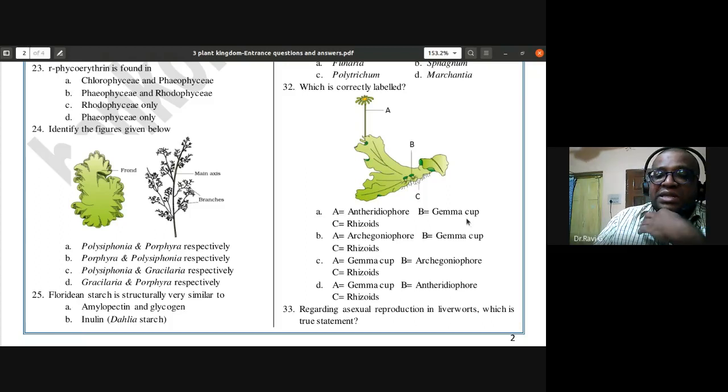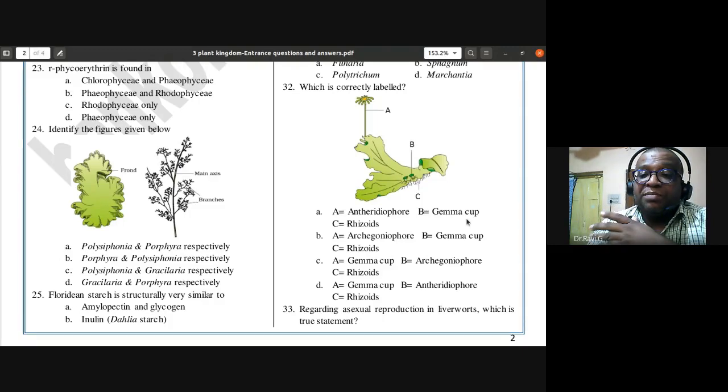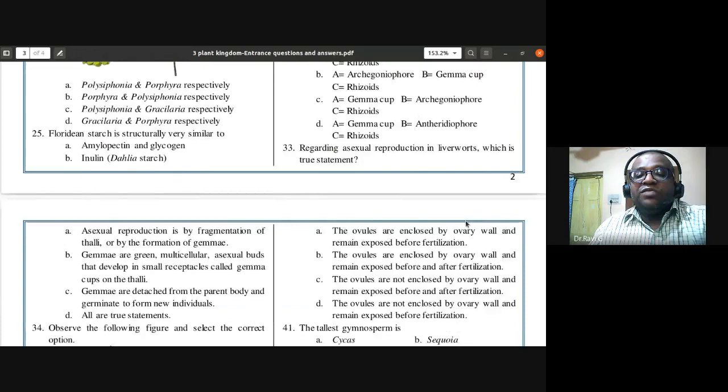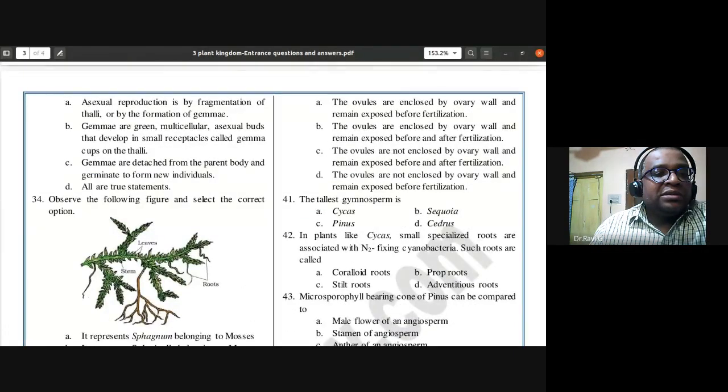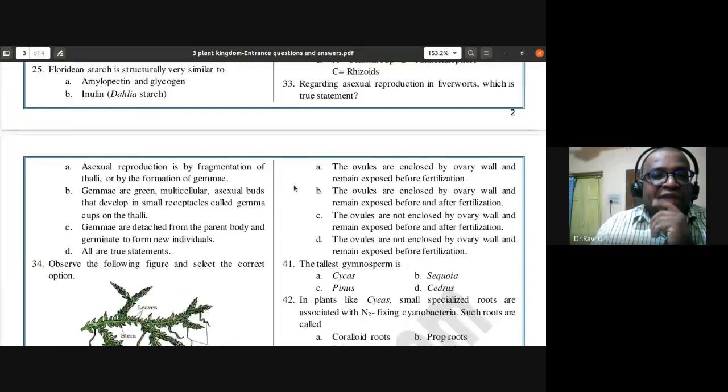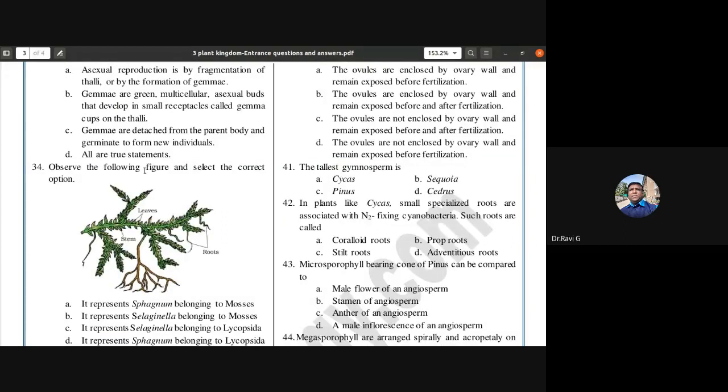B is the answer. Regarding asexual reproduction in liverworts, a bryophyte from Hepaticopsida, which is the true statement? Asexual reproduction is by fragmentation of thalli or by the formation of gemmae. So we have to find out the true statement. Three statements are wrong, or it can be